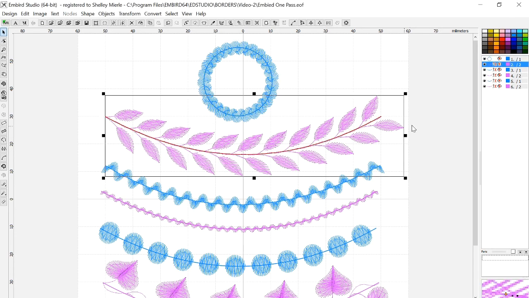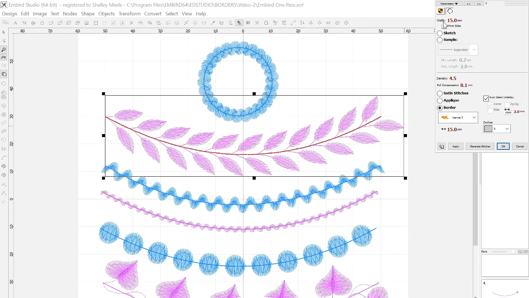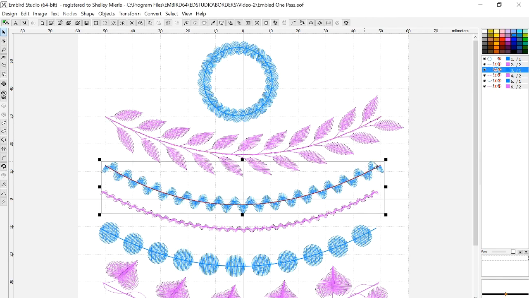Okay, the next border, the parameters of that, Control P, are 15 for the height of the border, so from here to here within the design is 15 millimeters, and then the length is also 15, so from here to here, 15. Okay. Next one is, I think I called it the Zig Zag,